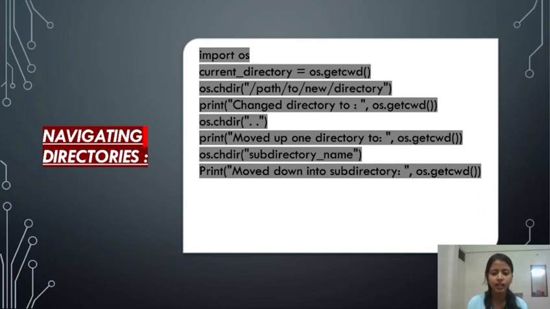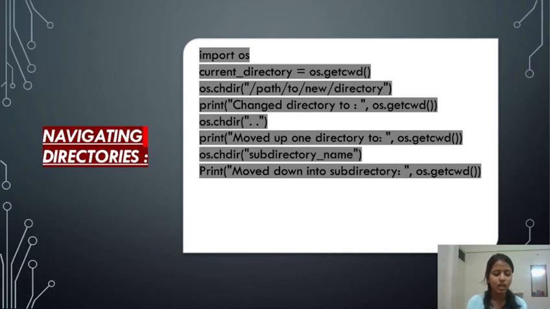Print changed directory to, os.getcwd(). os.chdir(".."). Print moved up one directory to, os.getcwd(). os.chdir(subdirectory name). Print moved down into subdirectory,